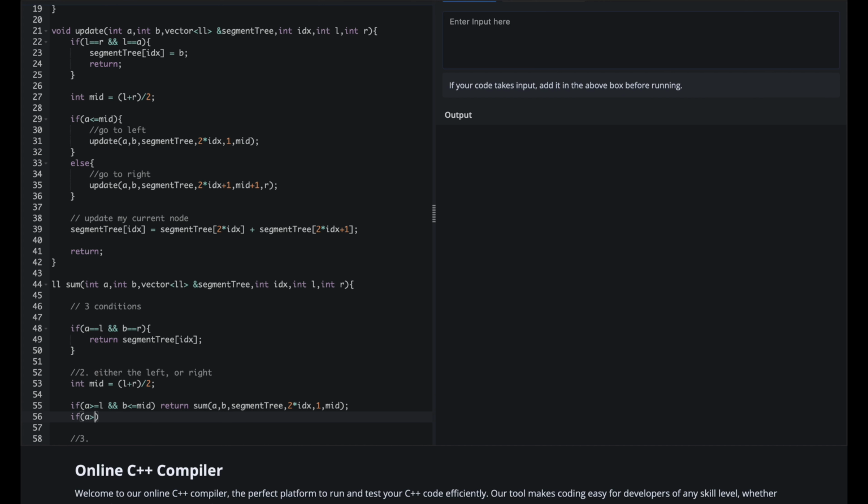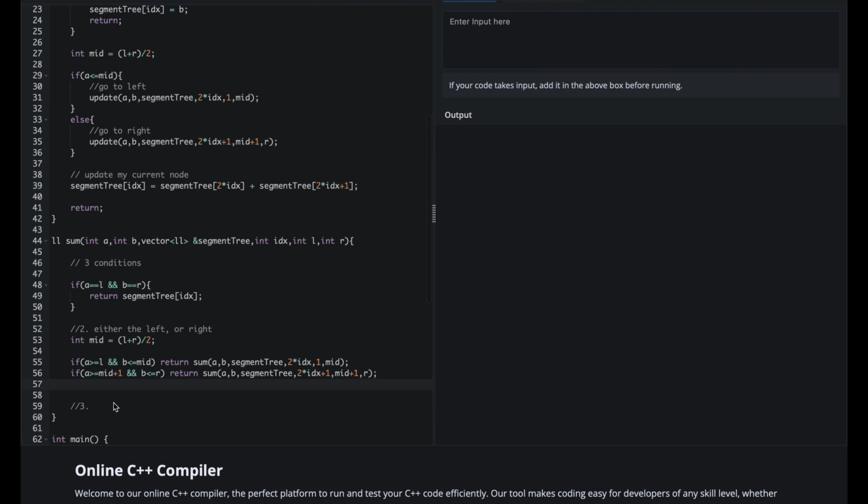And if my A is greater than or equal to mid plus 1 and B is less than or equal to R, then my range lies on the right side. So I'll just call the right side, index plus 1 comma mid plus 1 comma R. All right. So now for the third condition, what I will do is,